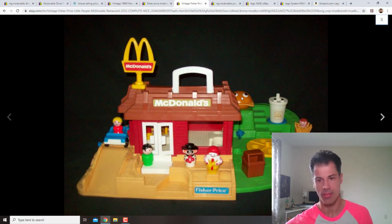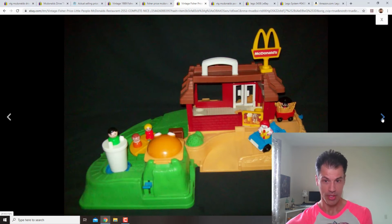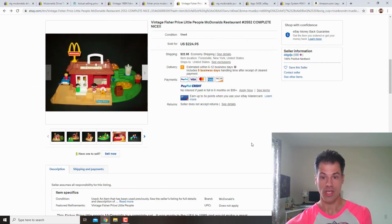And these sell anywhere from, I'm going to say, $500 to $1,500 if you find those huge pieces. I haven't included those in the video because the odds of you finding that are probably a little bit lower, but there is a market for them, and it's high dollar resale value. So here's a few more pictures of this here. Really cute. So like I said, between $150 to $250 for the McDonald's restaurant. Check all the sites right now, see if you can find it,